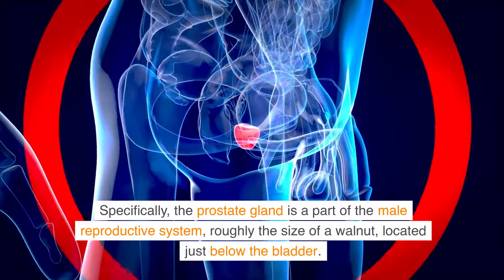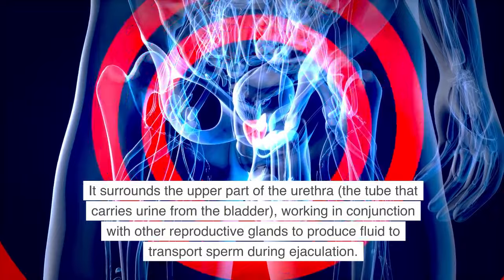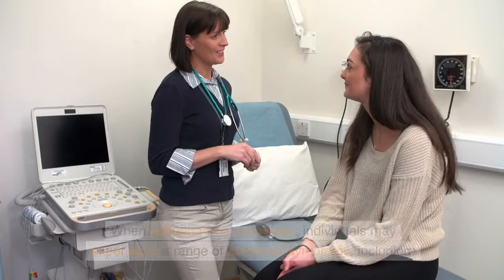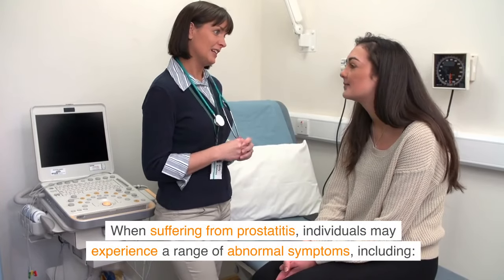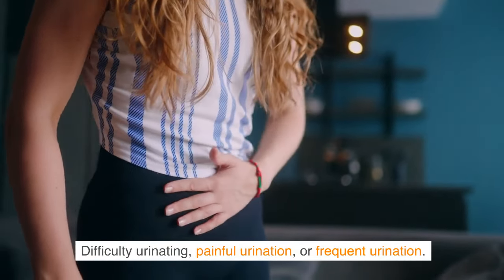walnut, located just below the bladder. It surrounds the upper part of the urethra, the tube that carries urine from the bladder, working in conjunction with other reproductive glands to produce fluid to transport sperm during ejaculation. When suffering from prostatitis, individuals may experience a range of abnormal symptoms, including difficulty urinating, painful urination, or frequent urination,